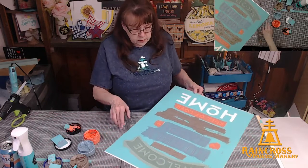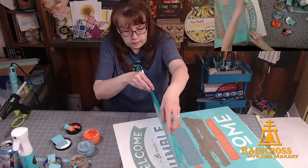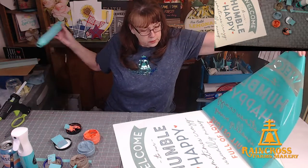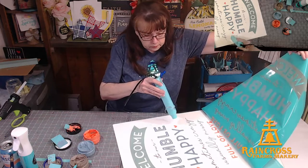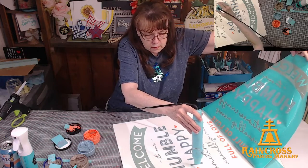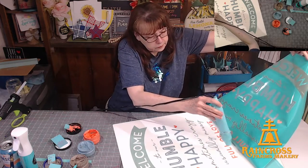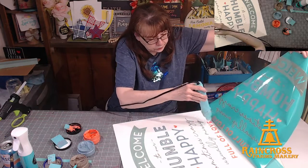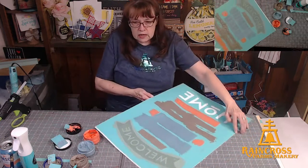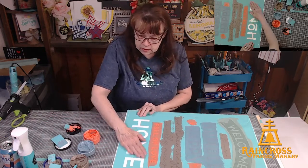And I'm gonna peel this up. I'm gonna do it from this direction still. Okay. Peel it up. Stop where I haven't chalked yet. Okay, lay that back down. Almost done. We've got one more line. I'm going to spin it around this way. So I just have home, and I'm going to go back to this